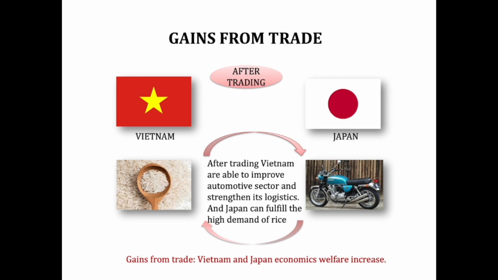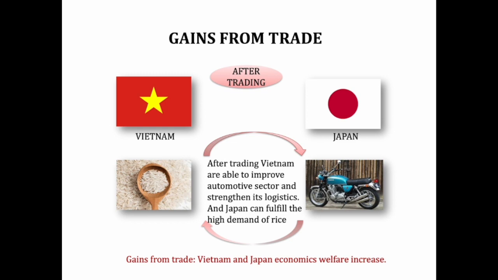It is because in Vietnam, when they have motorcycles, it will help them achieve more efficient and effective logistics. For example, if a customer wants to buy something online and they are from a rural area, which is difficult to reach by car, they can pay less delivery cost. And for Japan, as a country that consumes a high amount of rice, it will help them to fulfill